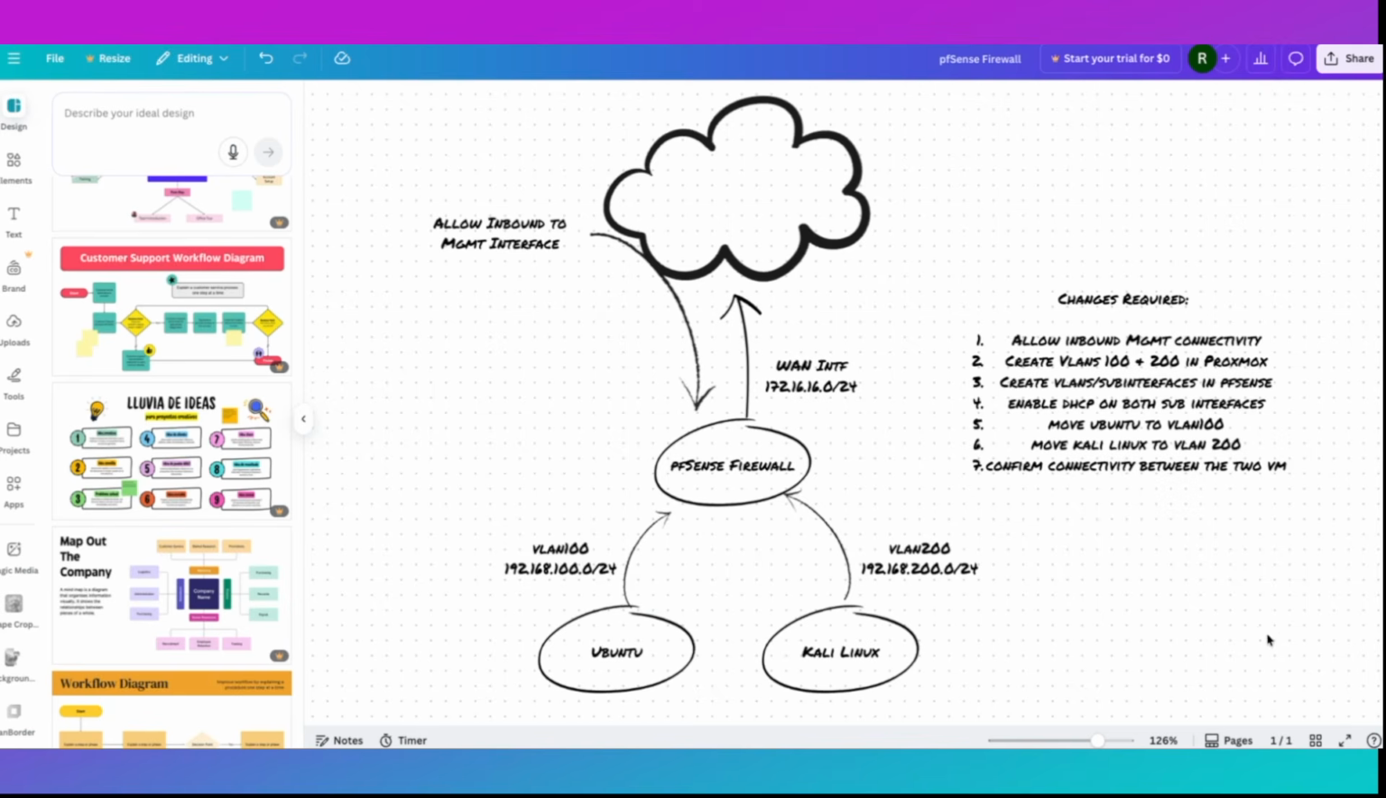So a quick recap here. We see our pfSense firewall with our WAN interface. This is the same thing as VM bridge 0. And then we have these two down here on bridge 1, VLANs 100 and 200. We see that DHCP is working. We see that we can connect from Ubuntu to Kali, but we cannot do the reverse, Kali to Ubuntu, and